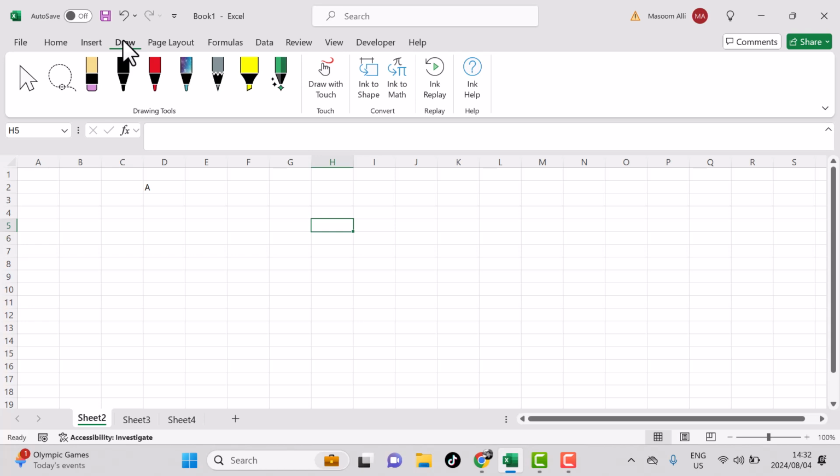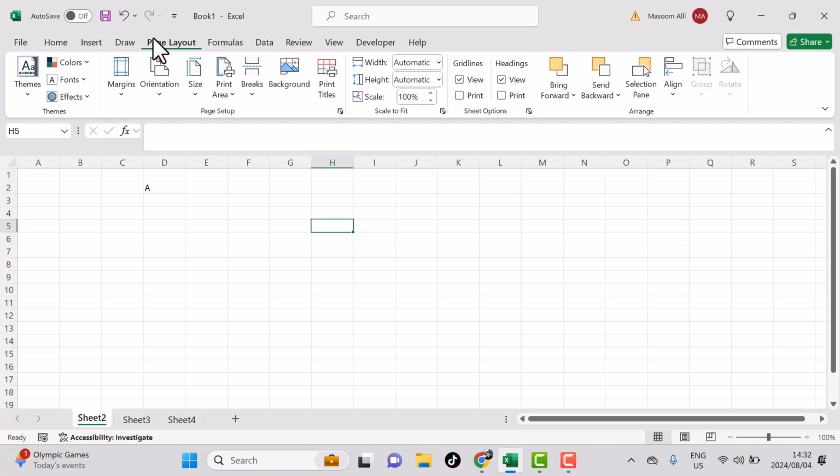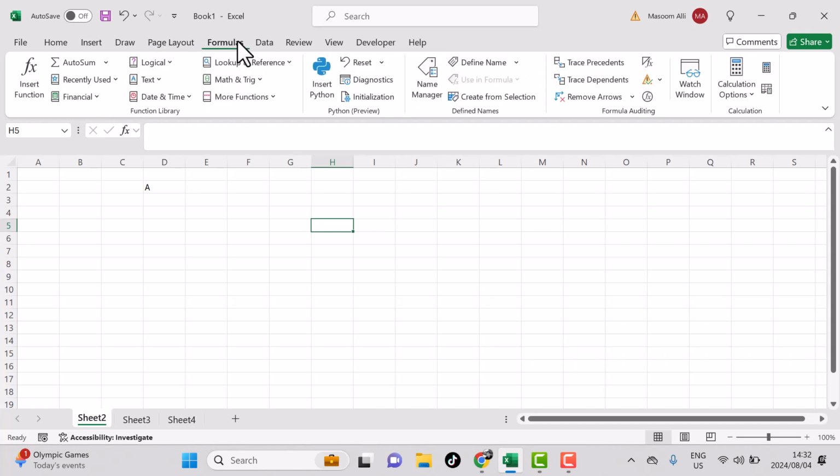And with certain laptops you may be able to do this or not. So if you have a touch screen, you'd be able to do that with your laptop. Page layouts would obviously affect your themes and your page setup, as well as giving you further options with your sheets, and then your formula tab, on the ribbon, which is quite a popular one, and which will be covered in a lot more detail